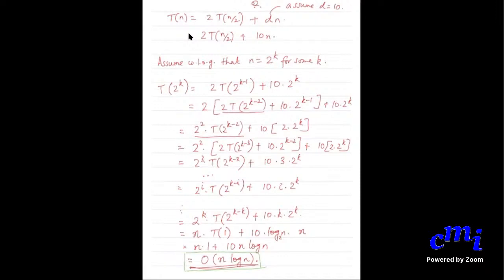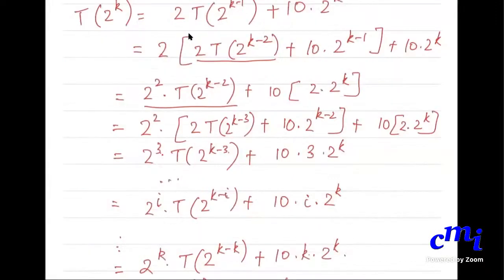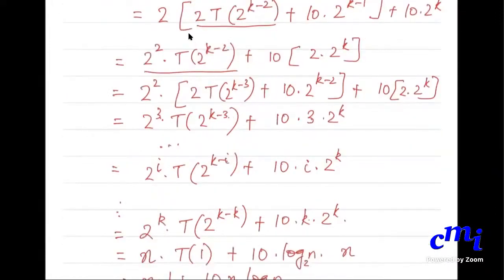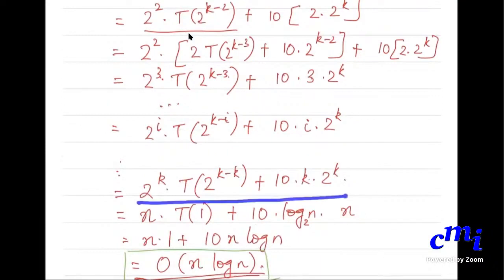But for our course, you just need to expand the recurrence and figure out the pattern like we did here. We expanded it till level 3, and then we said, oh, this is the pattern. For i, it will be like this. We will stop at k. From here we made a leap to this, because what else is it going to be? And then we said that we will stop at this level. On that level, all these things become concrete because 2 to the k equals n. So you can go back to your original.